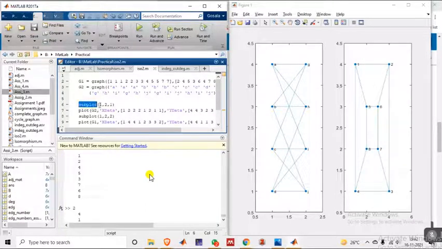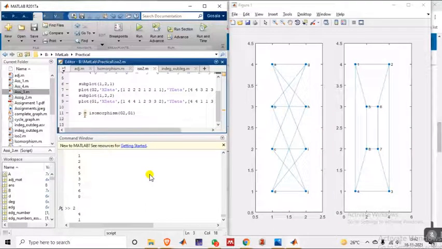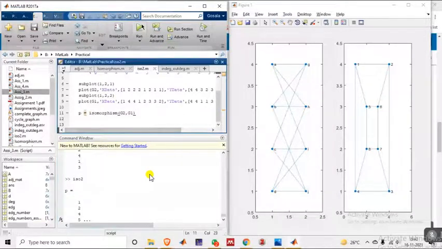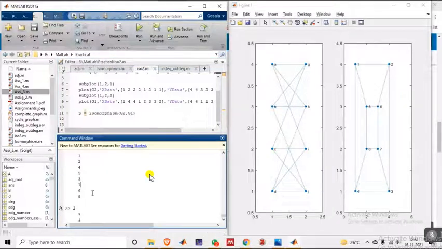And I have used the subplot function. That means I am dividing the output screen into 2 parts, and among those I am printing graph 2 on the first half and graph 1 on the second half. So these are the things. Is isomorphism is the function which I am using between the 2 graphs. It is saying, let me run this again.